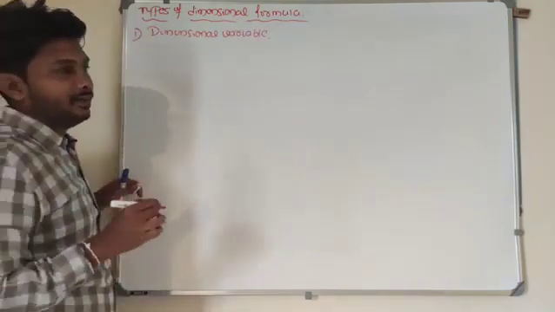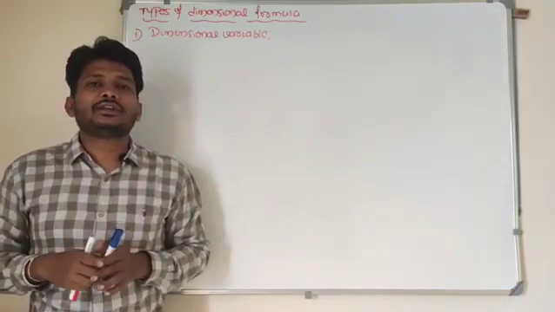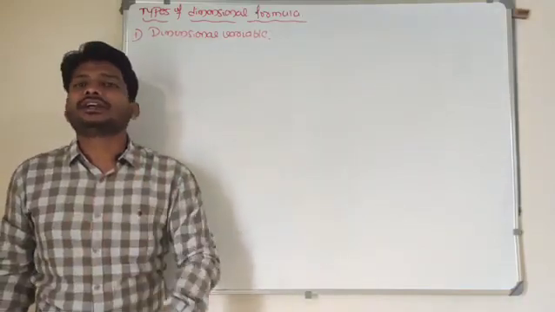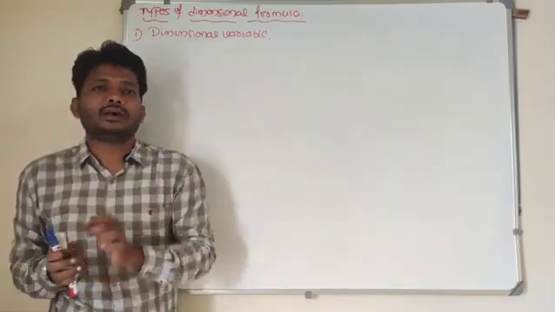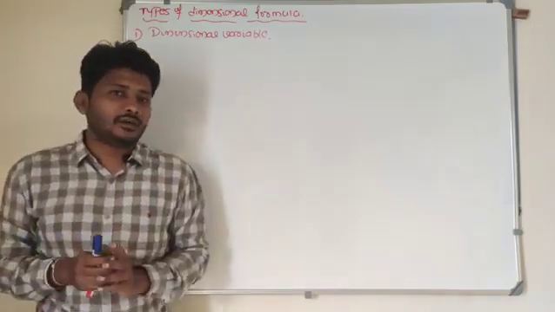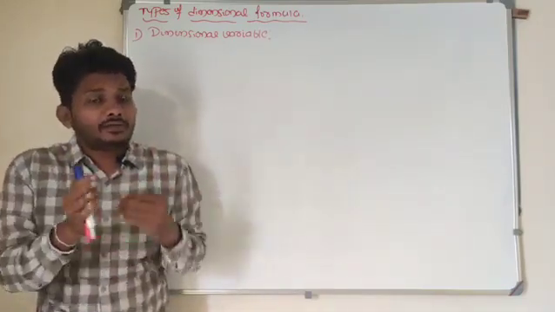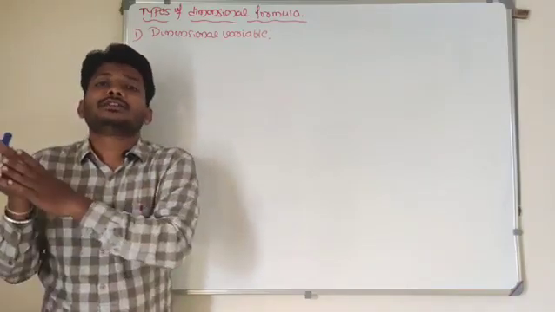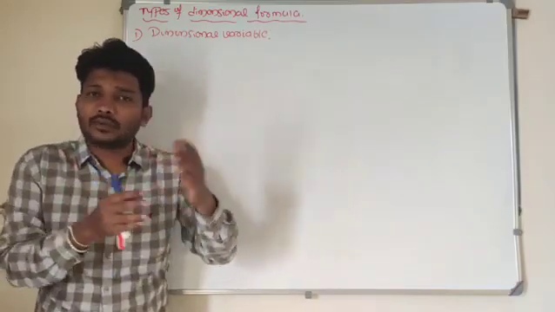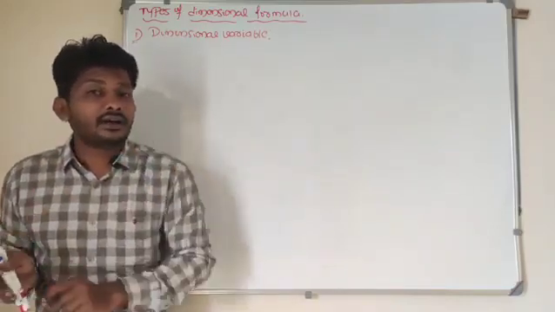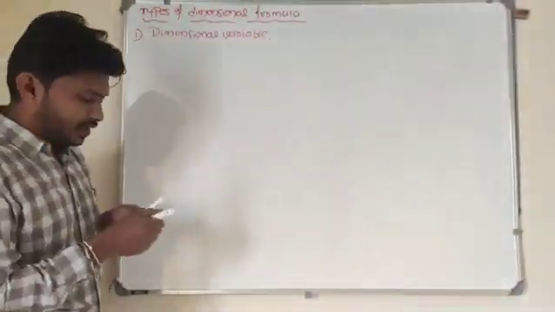So dimensional variables means what? What are the examples for dimensional variables? In the case of dimensional variables, these physical quantities have dimensional formulas, but they have different kinds of values. For example, speed is one physical quantity, so we are able to write the dimensional formula for speed, but the value of that speed is going to differ here. For example, the speed of the car is 100 km per hour, I can consider that 60 km per hour, meaning the value is different, but we are able to write the dimensional formula. So such physical quantities come under dimensional variables.